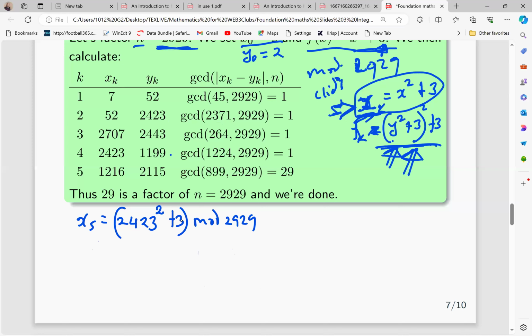So it will be square plus square mod 2929. Again, the number